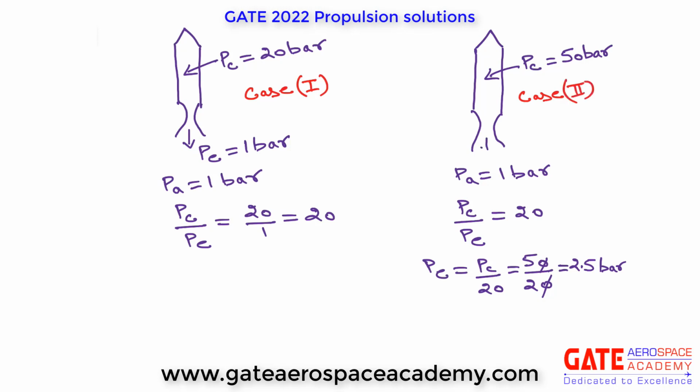So here exit pressure will be 2.5 bar. It is more than ambient pressure. So there is a difference between exit pressure and ambient pressure. So in this case there will be pressure thrust also. Now